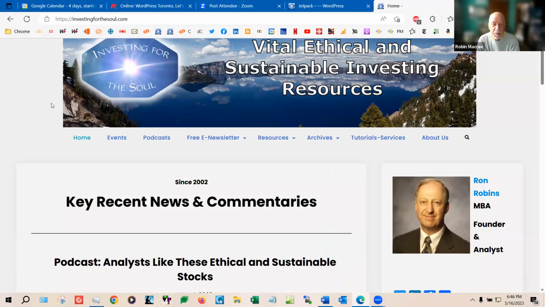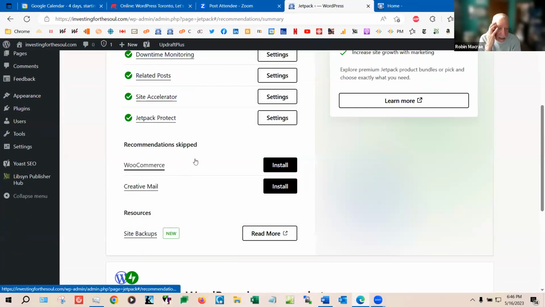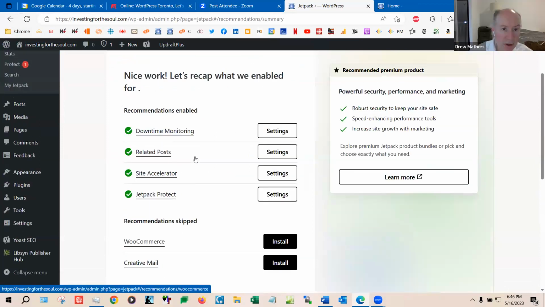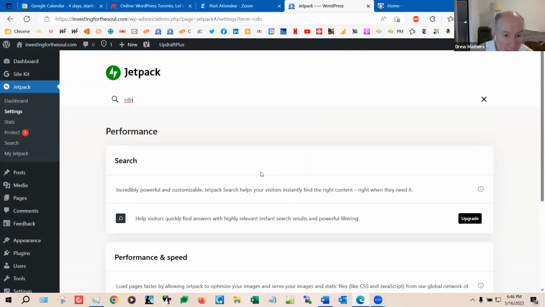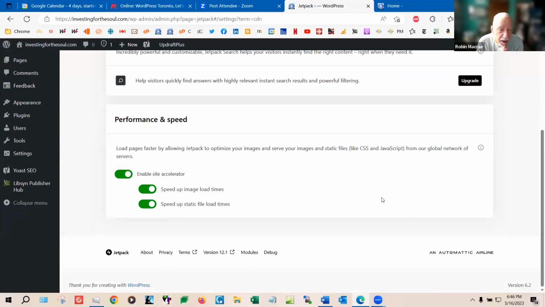So let's go back to Jetpack and see what it's doing. It's the settings that we want for Jetpack. So Site accelerator looks like a potential. Enable site accelerator. What do you think, Drew? Turn off site acceleration?